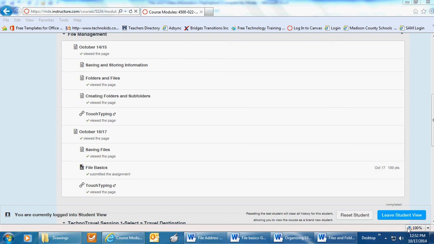Let's review the information on file management. We have covered what files are, what folders are, what a file extension is, what file extensions consist of, how to create a folder, how to locate a file within a folder, how to open a file on your computer